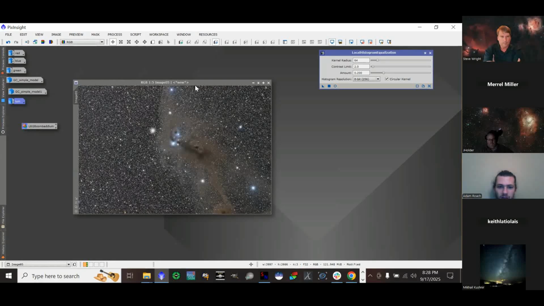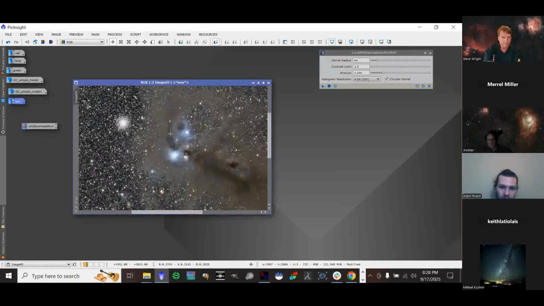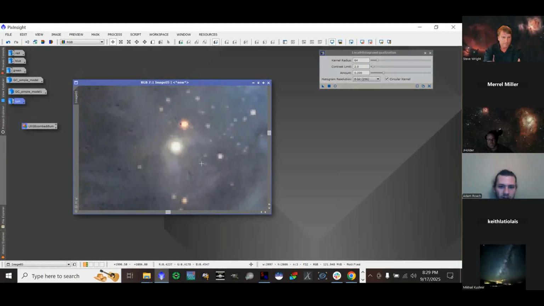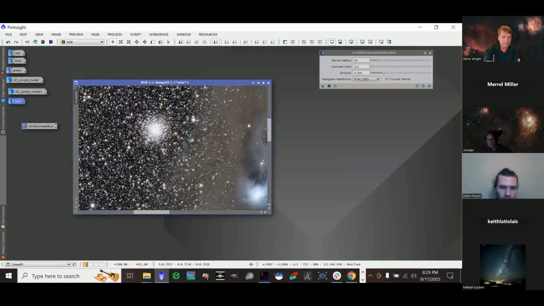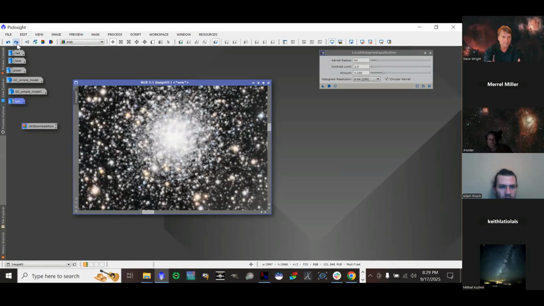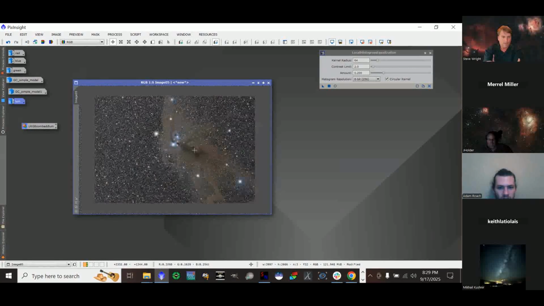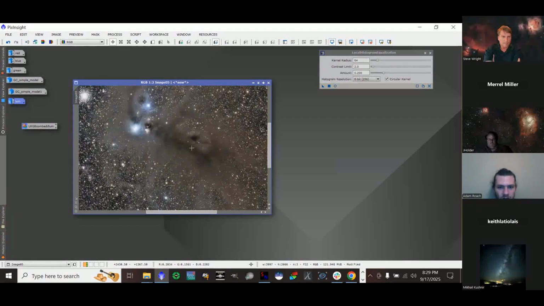All right. So yeah, I like that. What do y'all think? Or do you think it's too aggressive? Or let me undo and redo it. See it again. See, the LHE also highlights the nebulosity too, which is what you want to do. You want to bring out the nebulosity as well as the